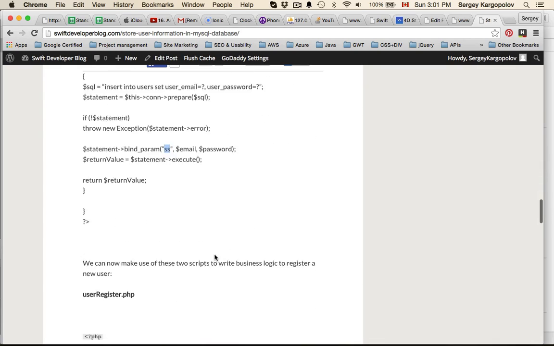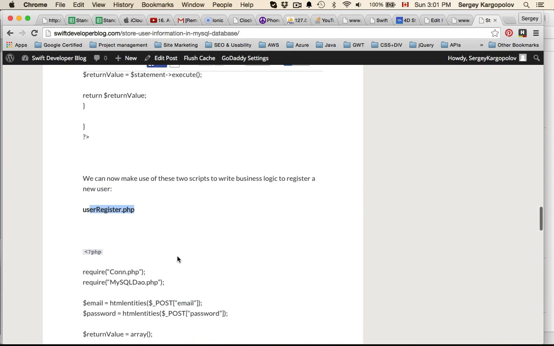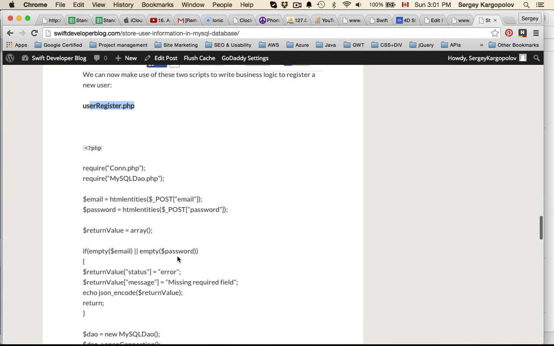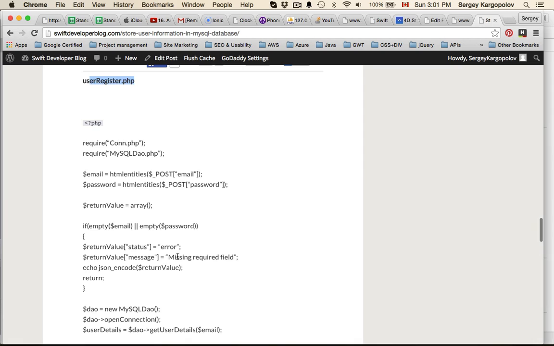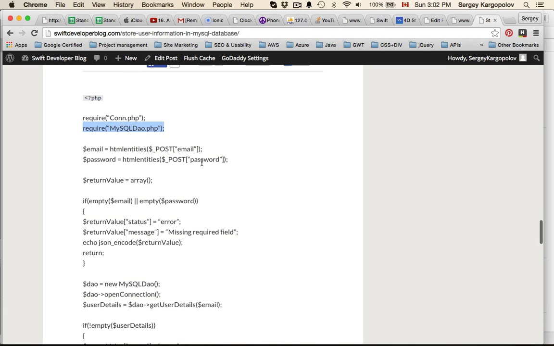And the next one is user registration PHP. This PHP script is going to be the very first one we use. For this script to work, it needs the connection class, because that file contains the username and password and the name of the database. The second one we are requiring is the one that contains SQL queries. And below we basically